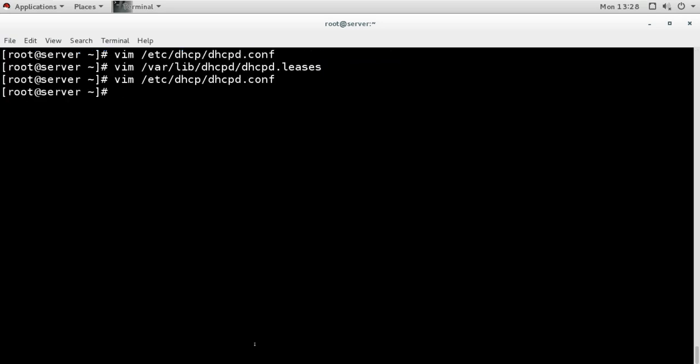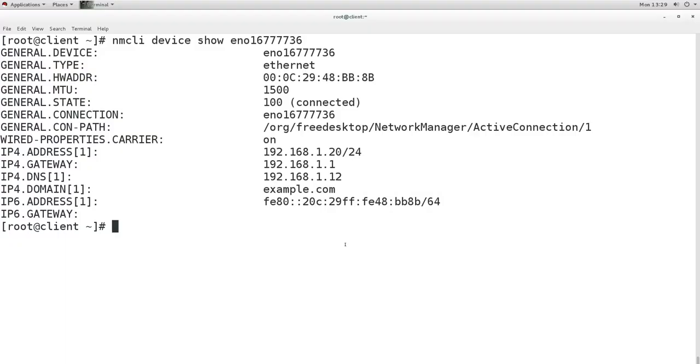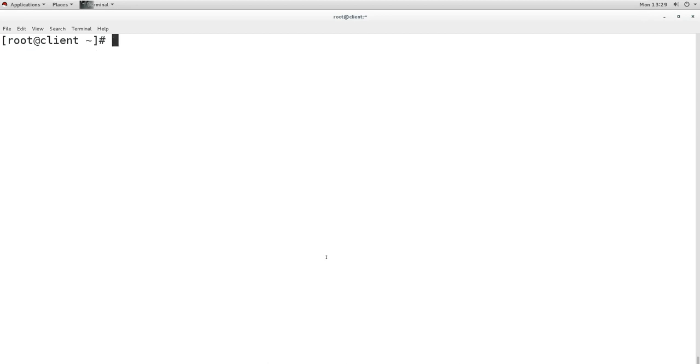Now I will restart the service again to update my changes. When we check the client, right now it is getting this IP address. Now I will restart the service here again, and then we will check the IP address it gets.